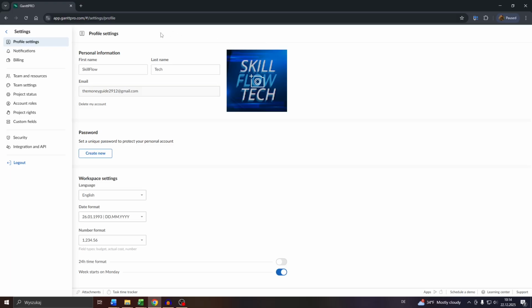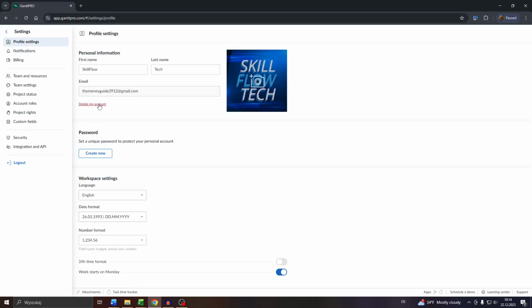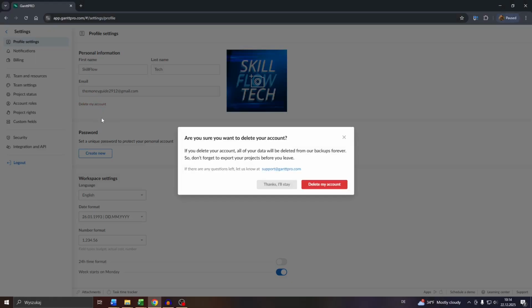Here, what you want to do is navigate to your profile settings. And below this information section here, you will see that small button, delete my account. It's a little bit hidden, but there it is. So click into it. And after that, guys, GanttPro will ask you for confirmation if you really want to do